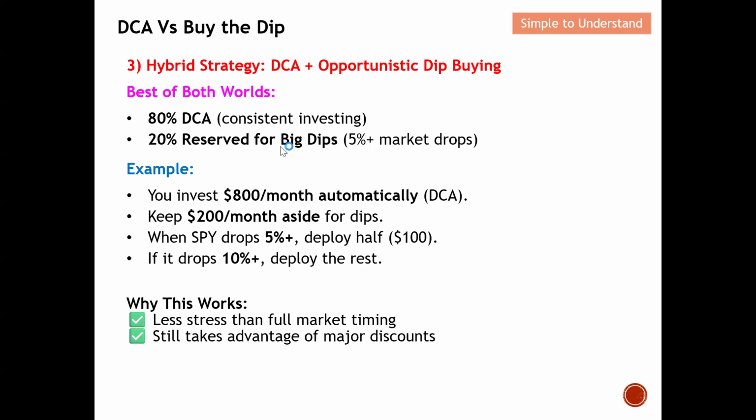The rest of the 20%, I will train myself up to identify the dips. For example, if there is a huge dip, then I will take this opportunity to buy, let's say, another 10% into the market. If the price drops further, then I will have another 10% to buy the dip. So basically, this is what I mean by hybrid. Hybrid actually combines the DCA plus the dip buying.